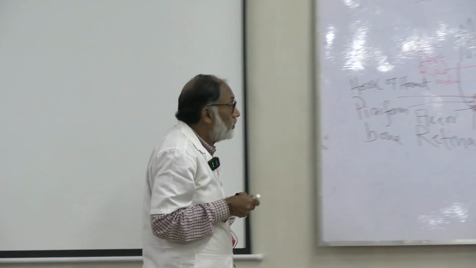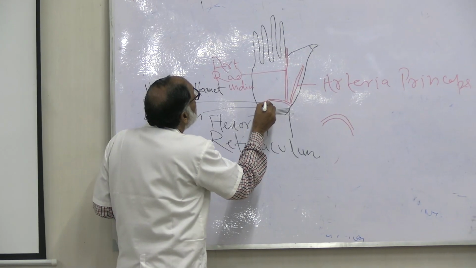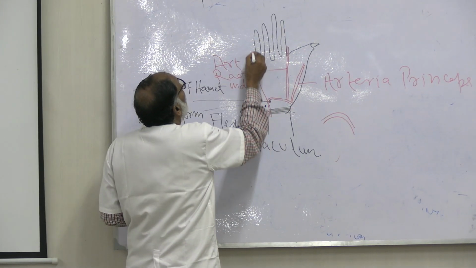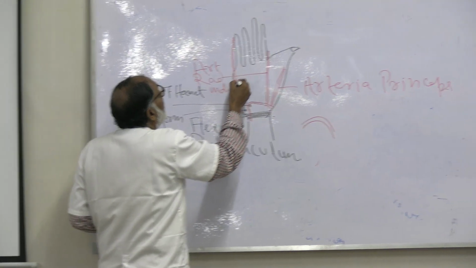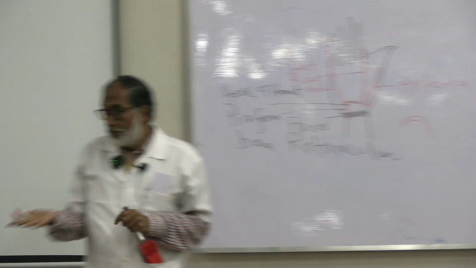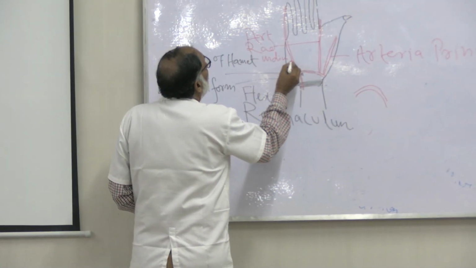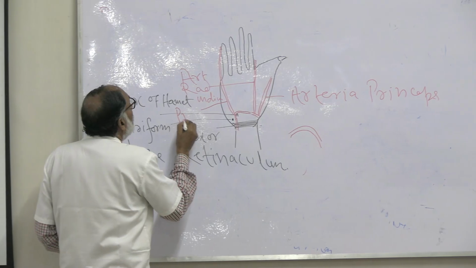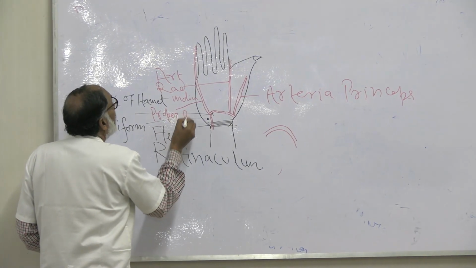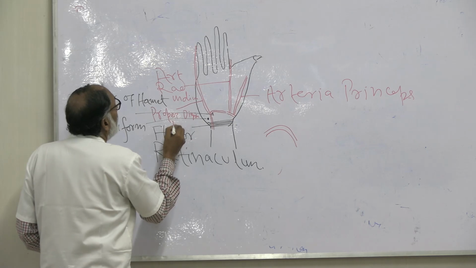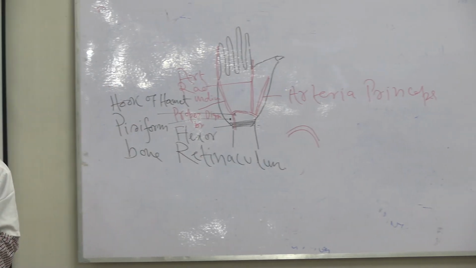One branch it will give off will pass along the লিটল ফিঙ্গার। এটার নাম হচ্ছে প্রপার ডিজিটাল ব্রাঞ্চ। তাহলে একটা দিল প্রপার ডিজিটাল ব্রাঞ্চ উইজ গোয়িং টুয়ার্ডস দ্য মিডিয়াল অ্যাসপেক্ট অফ দ্য লিটল ফিঙ্গার।